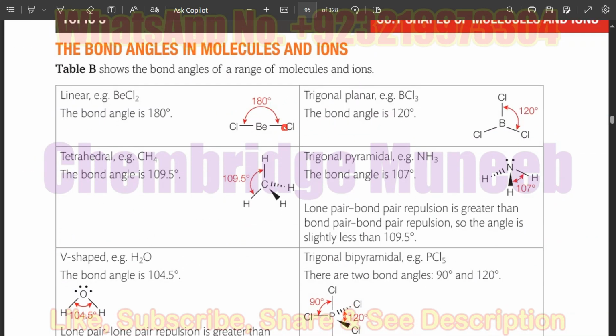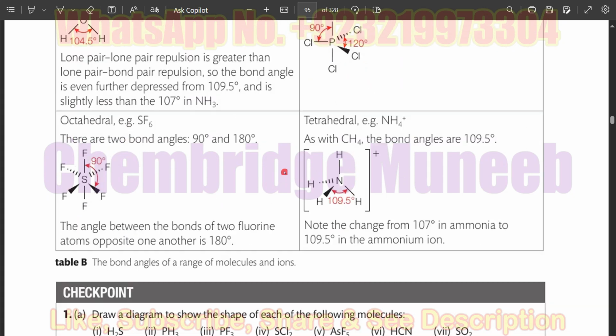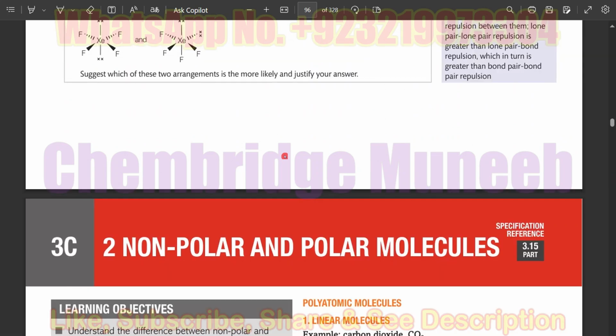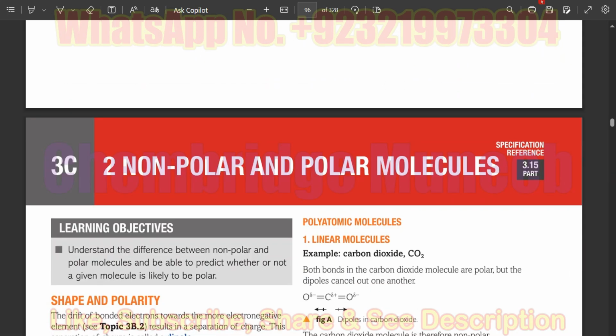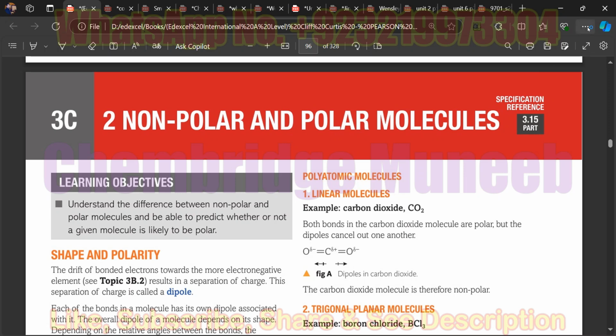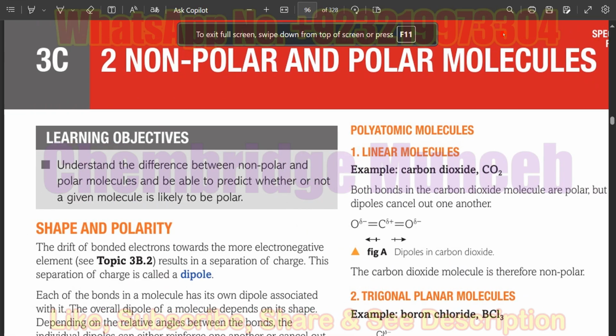I have already explained these molecules, so we do not need to go through them again. And that's all about the shapes of the molecules. Now the next topic is non-polar and polar molecules. Basically